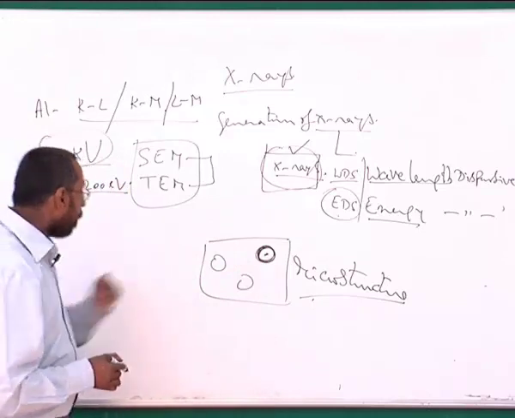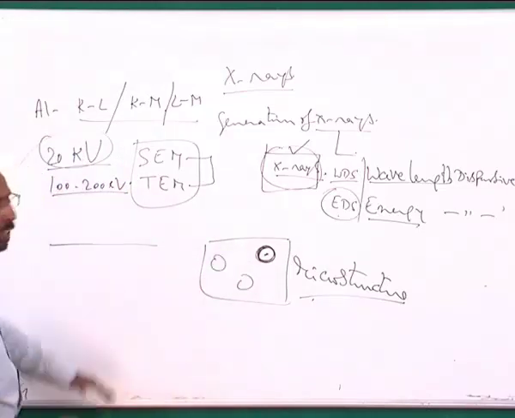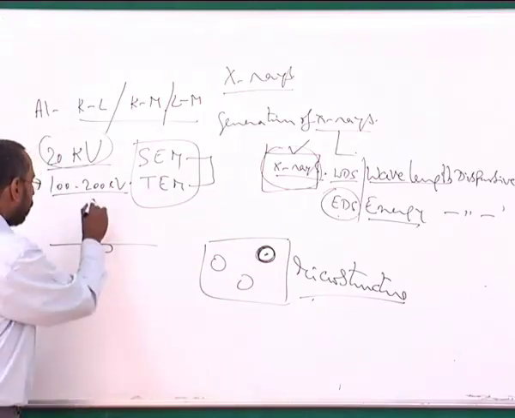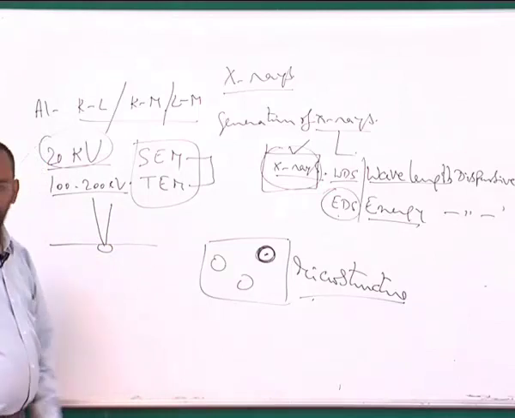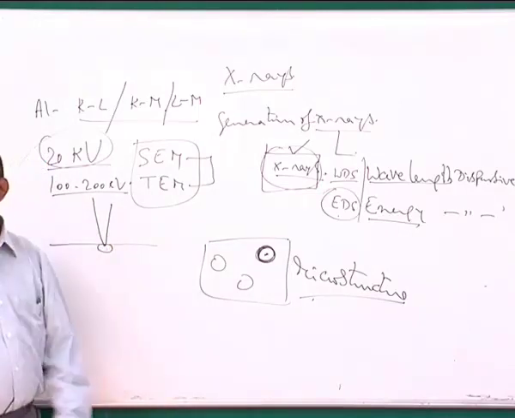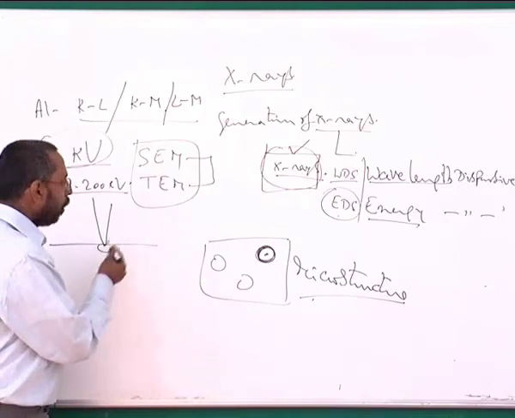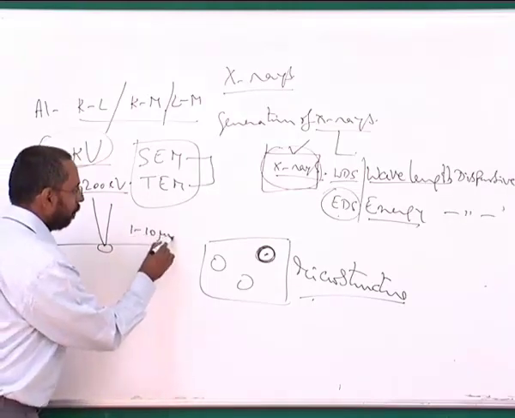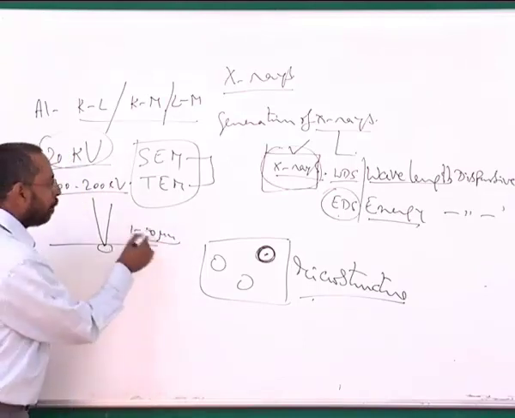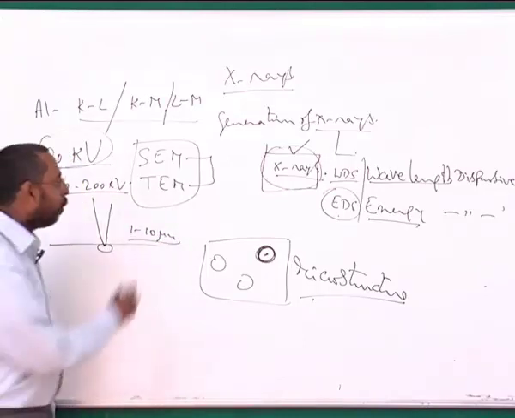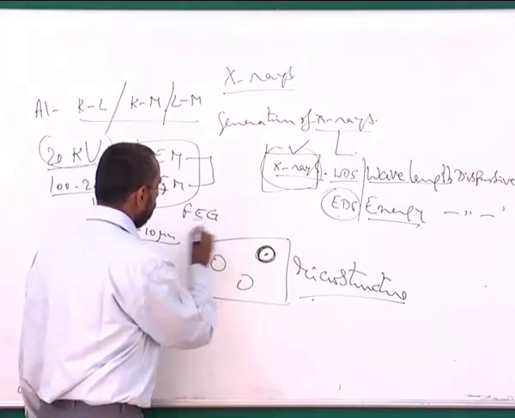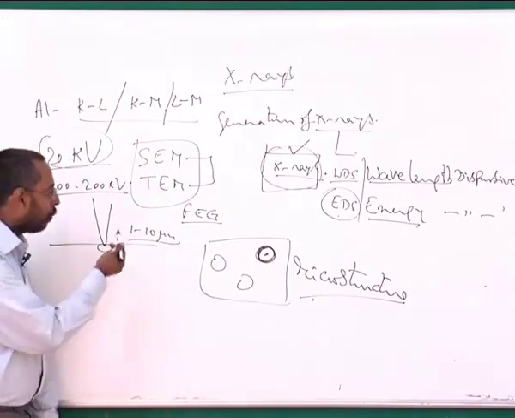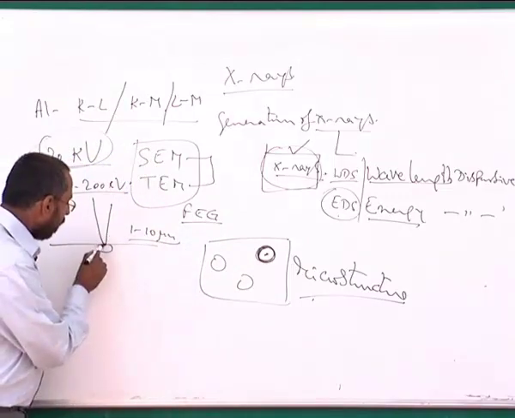For example, the problem is if I look at it in 3D, in the depth dimension, let's say I have a particle here. I have an electron beam which is falling on it. An electron beam has a certain diameter. Every beam has a certain diameter. Usually the diameter of the beam that is used is of the order of around 1 to 10 microns. In an SEM usually it's about 10 microns or so, unless I go to a FEG SEM where I am able to use a smaller one. And if it is about 1 micron or so,